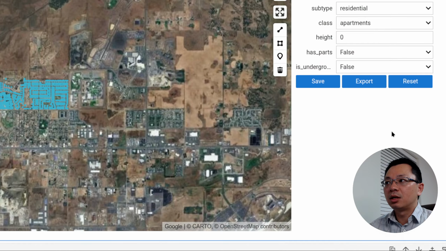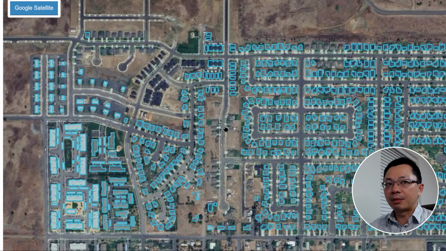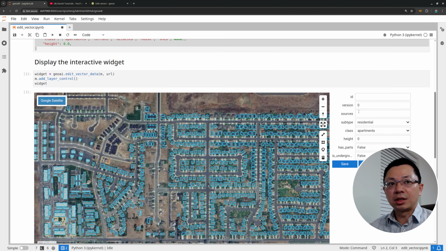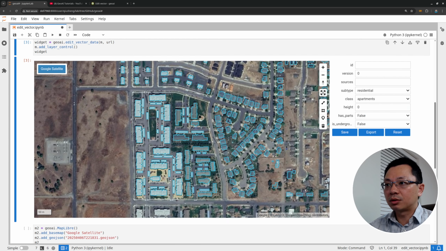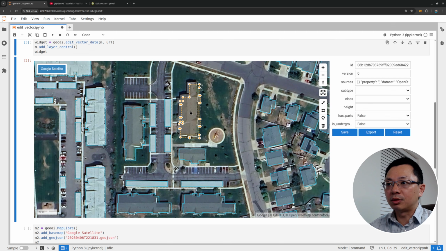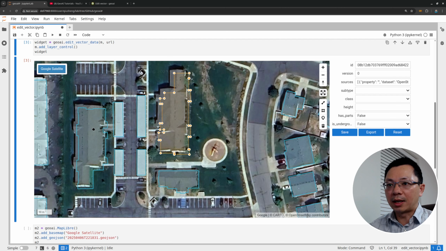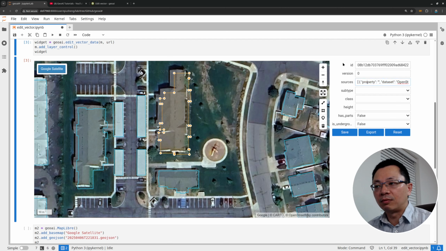As you can see, the Overture Maps data has a lot of attributes, and you can take a look on the right here at some of them. We're only using the height and also the class, but there are other attributes. If you hover your mouse and click, for example, right now if you go back to this file, the polygon here doesn't align, because this is original data. If you click it, on the right here it should show you all these attributes, and some of the attributes might